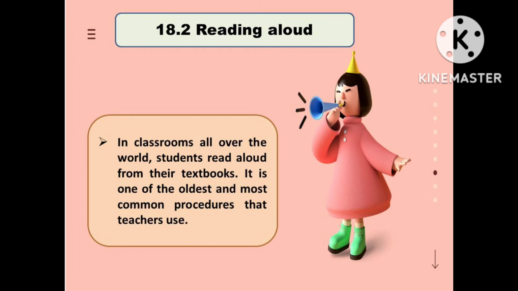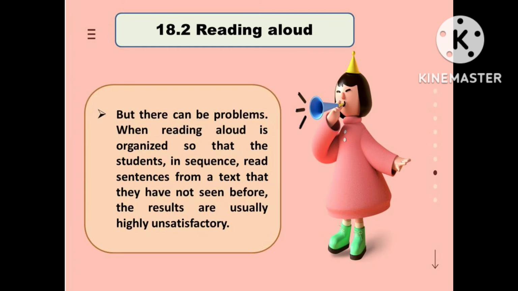The students, at least those who are reading, are generally highly focused on the task. But there can be problems when reading aloud is organized so that the students in sequence read sentences from a text that they have not seen before. The results are usually highly unsatisfactory. The students often stumble over unfamiliar words and read with a lack of confidence and enthusiasm. It can be extremely boring, and worst of all, they usually know they are doing it badly, so do their